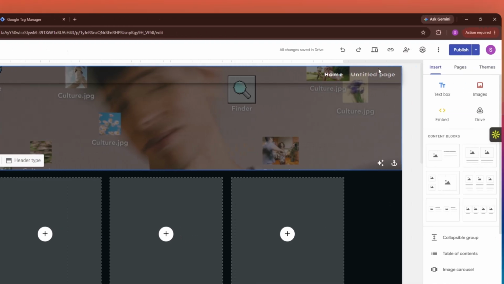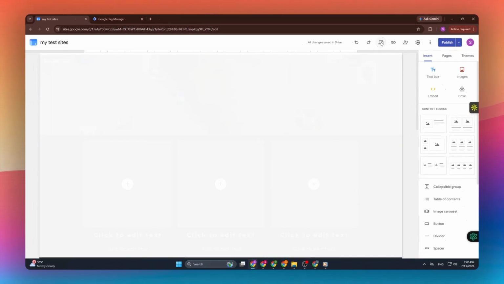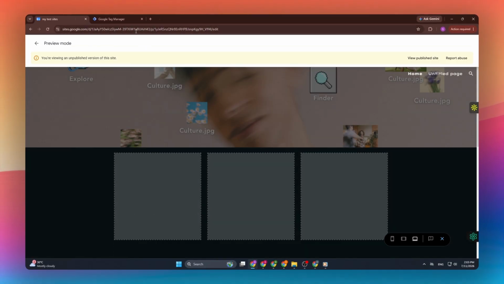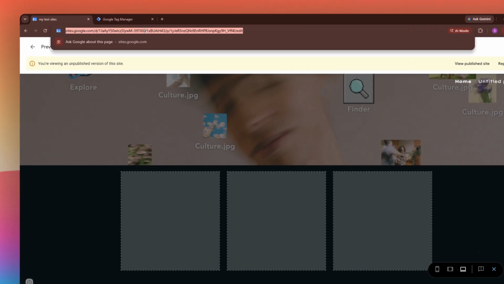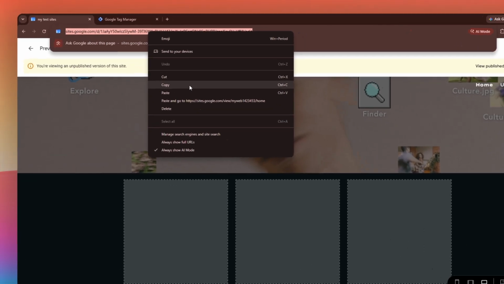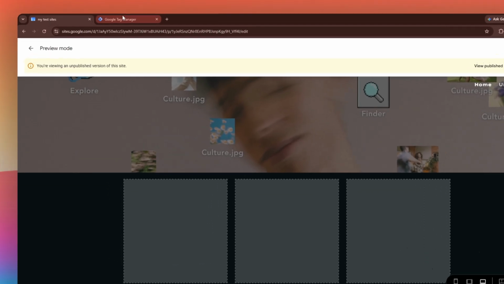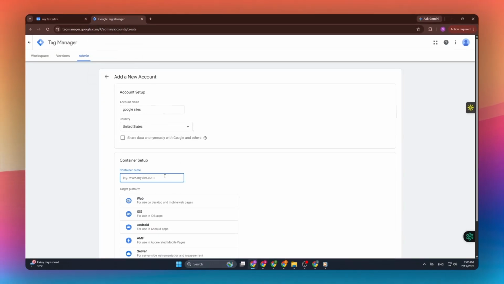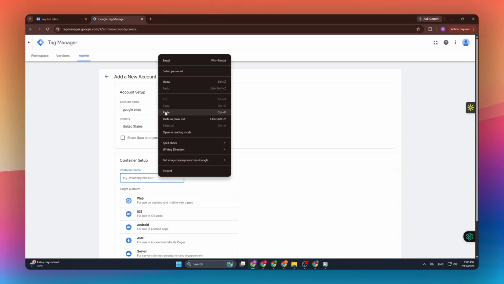Switch to your Google site and open the site preview so you can copy its URL for the Tag Manager setup. Use the address bar menu to copy your site's preview link. Switch back to Tag Manager and paste the site address into the container name field, aligning your site and Tag